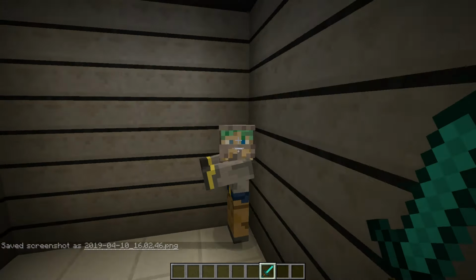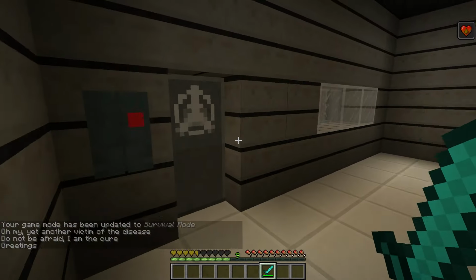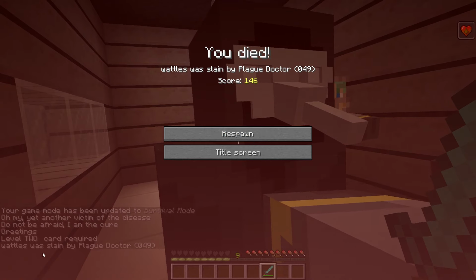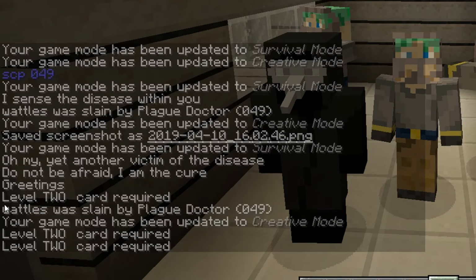It's just a normal zombie. If we flip into survival, it will, you know, just hurt me. But the Plague Doctor is, yep. I got trapped. I didn't have the card. But yeah, so if we take a look at the chat here, when we got next to the doctor again,